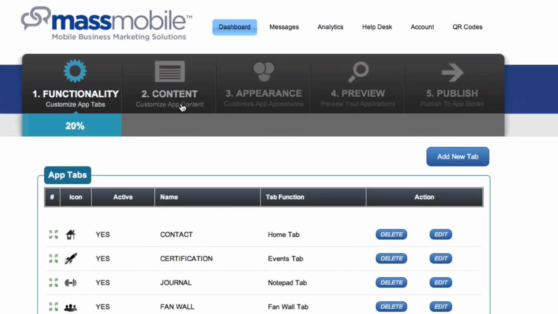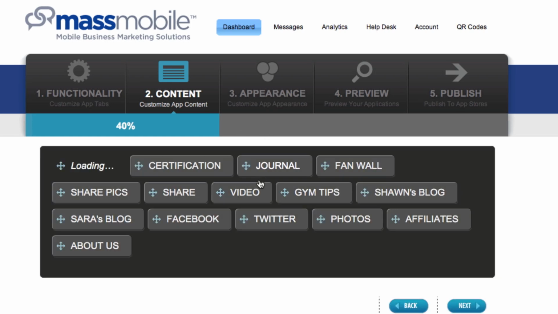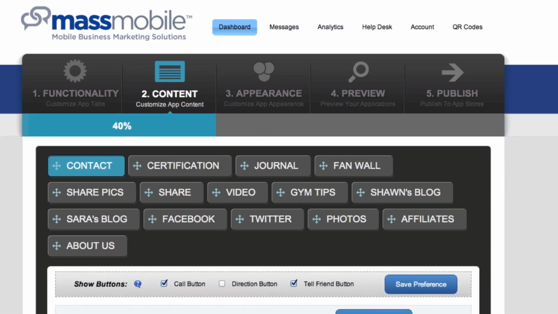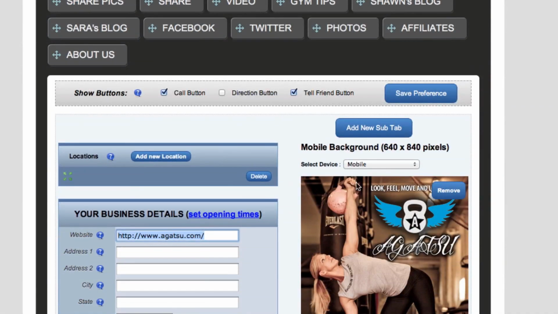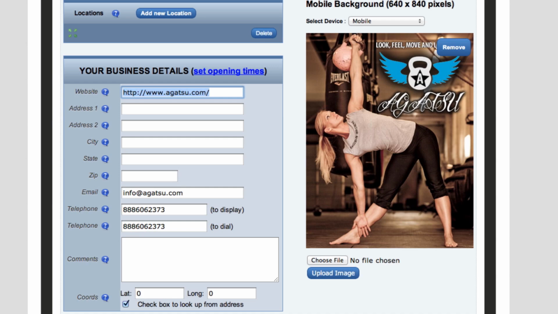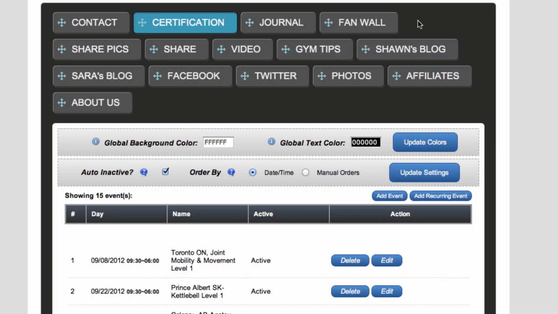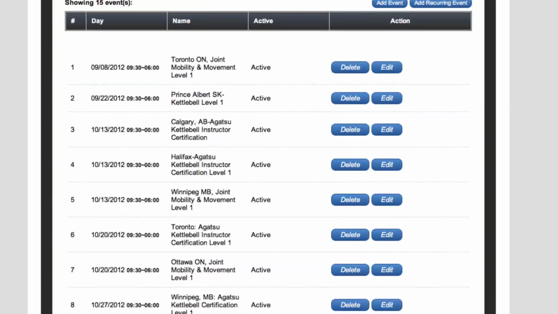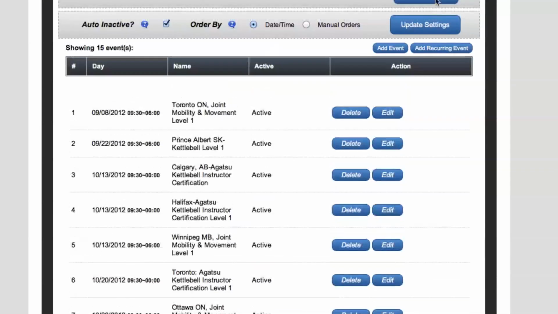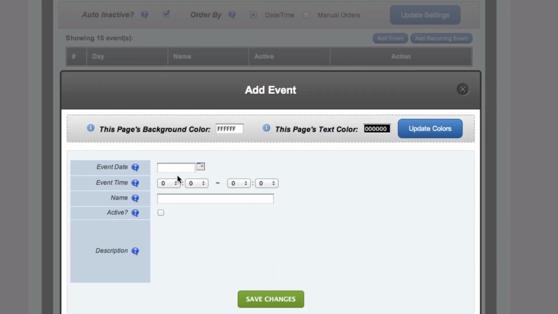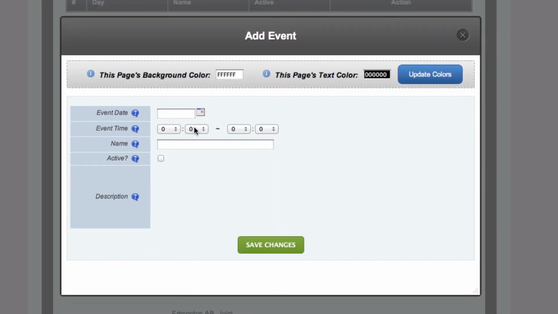you have full control of this. And here in the next tab, you go in and this is where you add your content. So you can see here you can put in new images, you can put in your phone numbers, your address if you have a physical location. You can put in the address so people can find you. Let me just show you how easy it is. Like for the certifications, for example, if you want to add a new certification, it's just a matter of adding a new event. So you just would click on here, put in the date, put in the times, the name